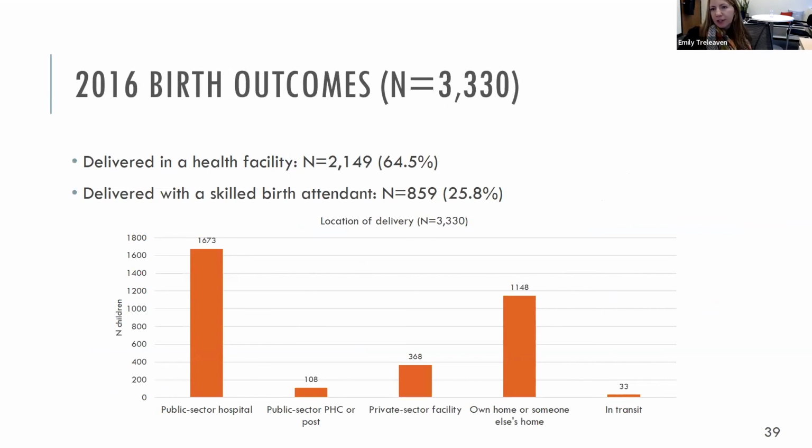So I'll now present some key indicators from the 2016 data set. Most of these were collected among the full sample, so children ages 0 to 17. About 2/3 of our sample was delivered in a health facility, and that includes a government hospital, primary health center, health post, or private clinic. Most babies that are not delivered at a health facility were delivered at home, primarily the respondent's own home, but for a small proportion in this group, someone else's home, likely their mother.